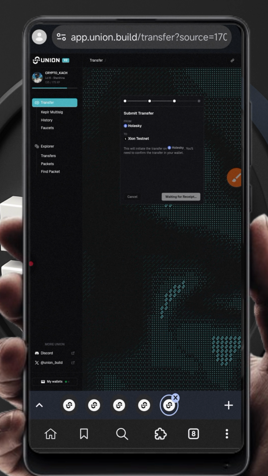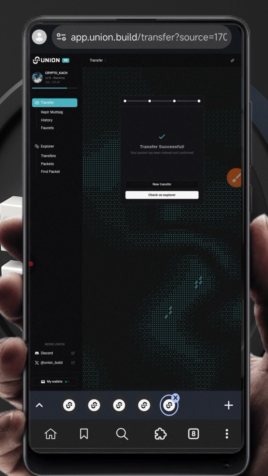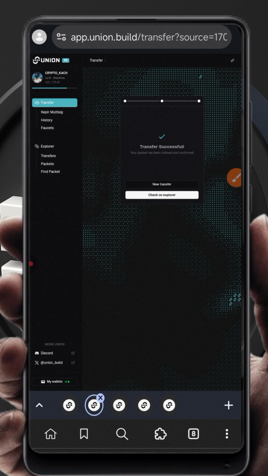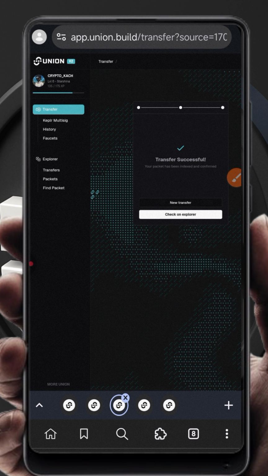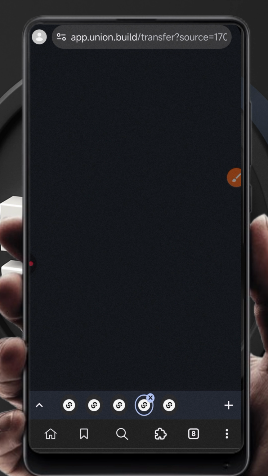Now while this fifth one is waiting for the transaction to be successful, I will go to the first one, and right now you can see that all of your transactions are now successful. In a very short period of time, you have been able to send 5 different transactions. So all you need to do is come to the first one,